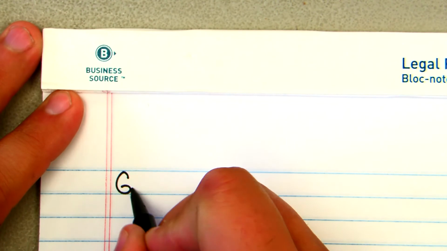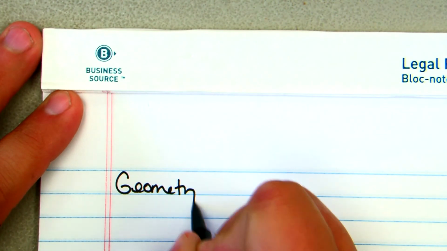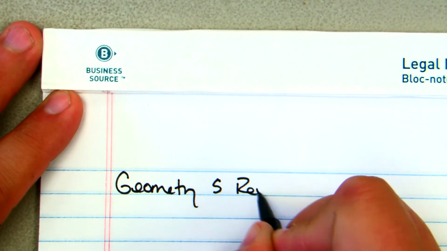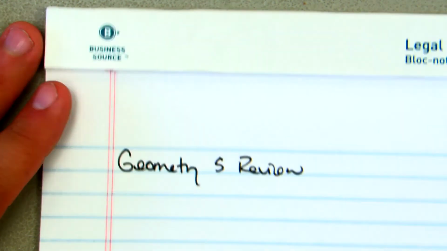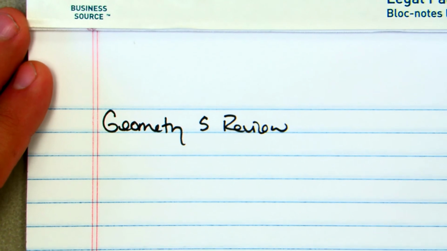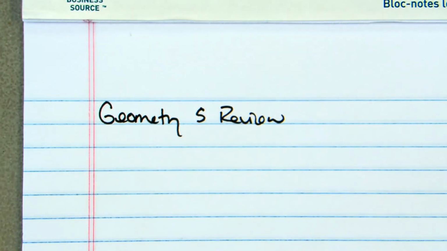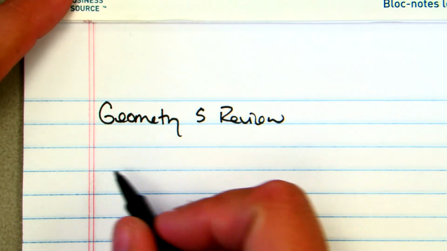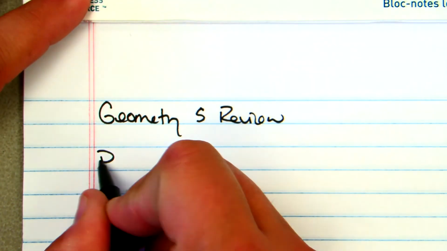This is Geometry Chapter 5. Chapter 5 Review. Geometry Chapter 5 deals with triangle bisectors. The four primary bisectors that we're going to look at are perpendicular bisectors,